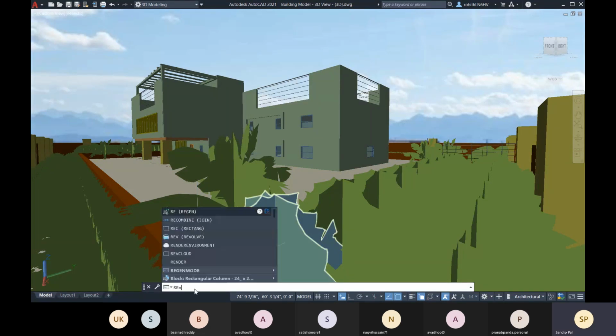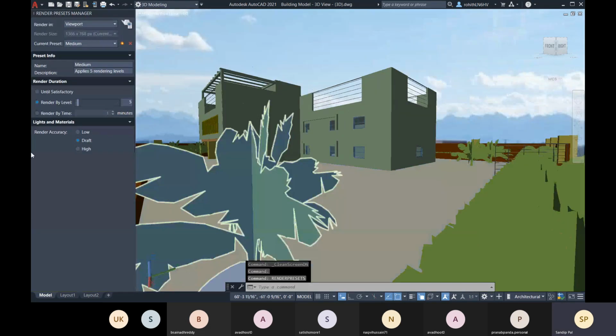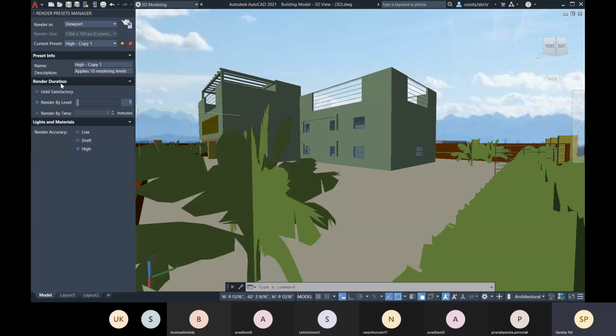So let me go with the render presets. So let me open the render presets there, and I have some high quality presets. Okay, so that I can, but it will take more time. So I'm just reducing the render level. Okay, so here you can change it also.